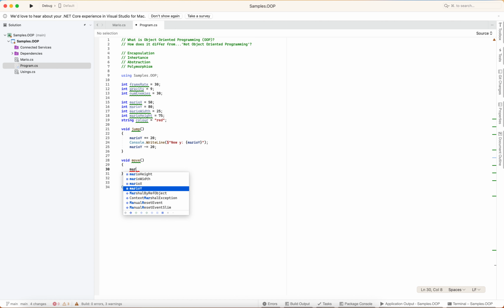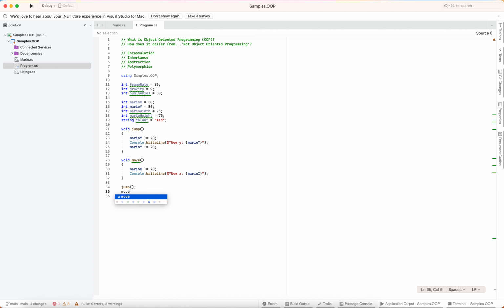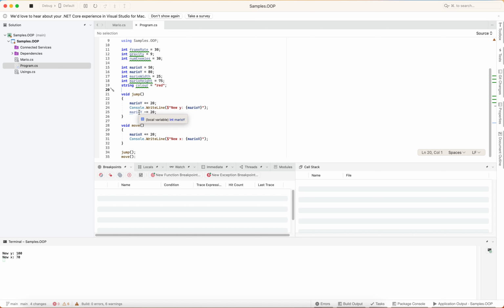And for moving, we'll do a similar thing to his X. So we'll increase his X by 20, and then we'll write new X, Mario X. All right, and let's start off by jumping and then moving. And if I run this, we can see here we've got a new Y and a new X. So it seems to be working,